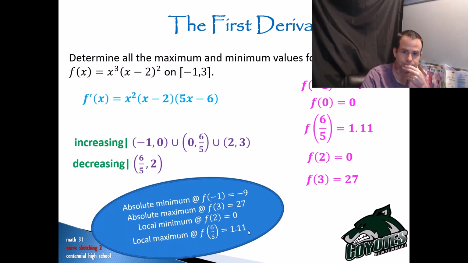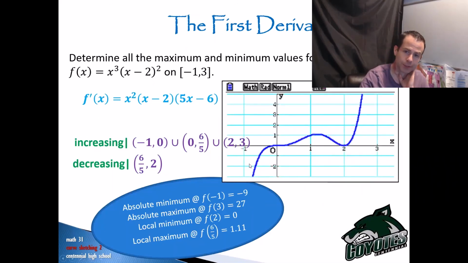Okay? So I have been able to conclude completely algebraically, without ever looking at a picture of this, where all my maximum and minimum values are. I also know when the function is increasing and decreasing, so I could plot those max and min points with an understanding of where I'm increasing and decreasing, and I could actually draw a pretty decent sketch of what this graph would look like, okay? And it would look something like this,